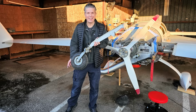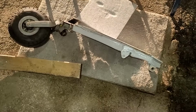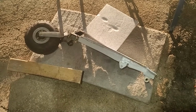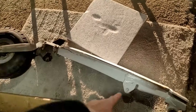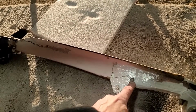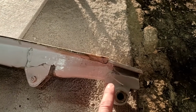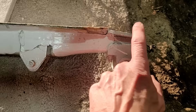And before we get to that, let's get this out of the way. Nosegear is off and ready to be overhauled. It definitely needs it. I did find a couple of issues. This NG3 bracket here was loose. This bolt was finger tight, very bad. However, the main pivot, smooth bearing in bushing, very good shape, so I'm happy about that,